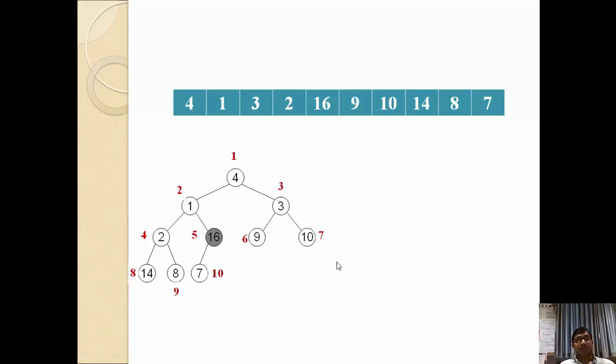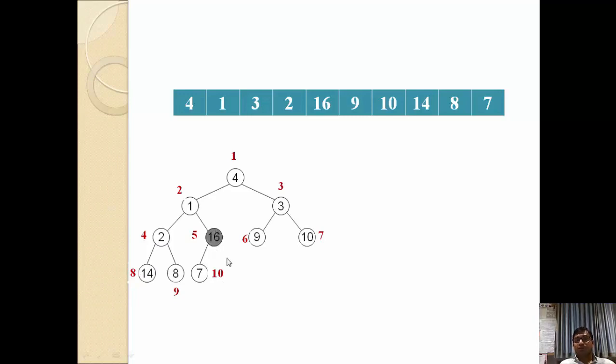So whether we need to check, as we already discussed, we have to start from the half of the tree, because 9, 10, 7, 8 and 14, these all are leaf nodes, with no child. So we need to check how many nodes there are. Maximum number of nodes n is equal to 10. So n divided by 2 is equal to 5, so we have to start from the 5.